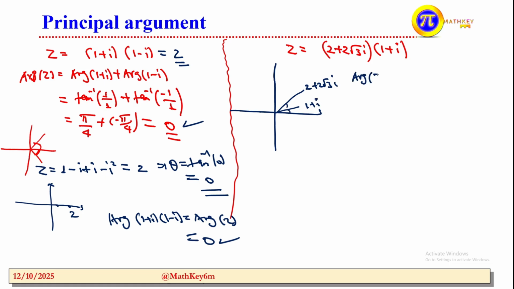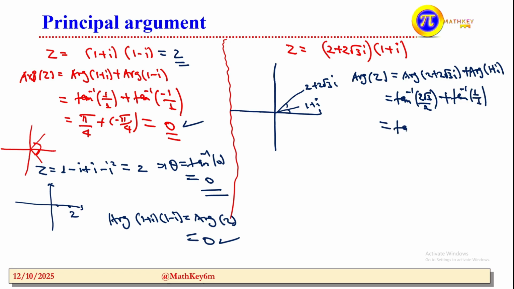Arg z is equal to the argument of the first one, that is 2 plus 2 root 3 i, plus the argument of 1 plus i. You have to take this one. But the argument of 2 plus 2 root 3 i means what? Which is equal to tan inverse of the imaginary part, that is 2 root 3 divided by 2, plus the argument of 1 plus i, which is tan inverse of the imaginary part 1 over 1, which implies